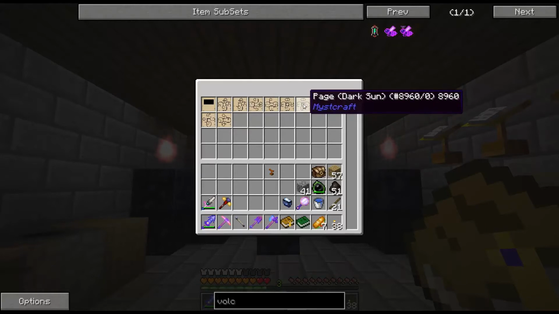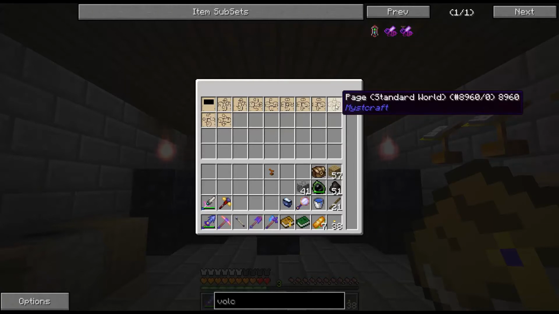Normal stars. I only have dark sun and dark moon, so it may be a very dark world. Hopefully we'll just randomly get an extra sun or moon, because you can have 2, 3, maybe 4 different suns and moons come out at different times. We're going to go with the standard world